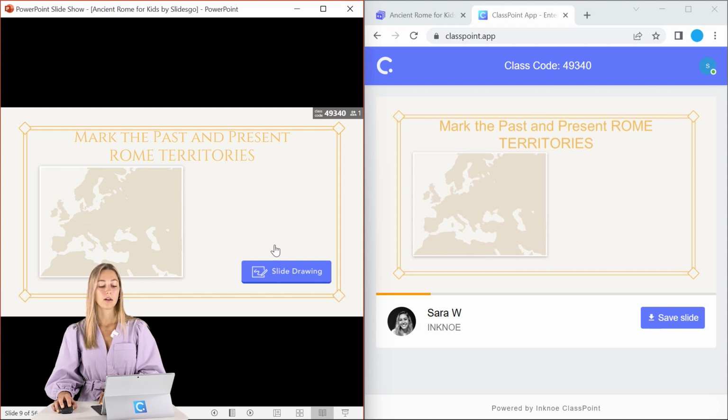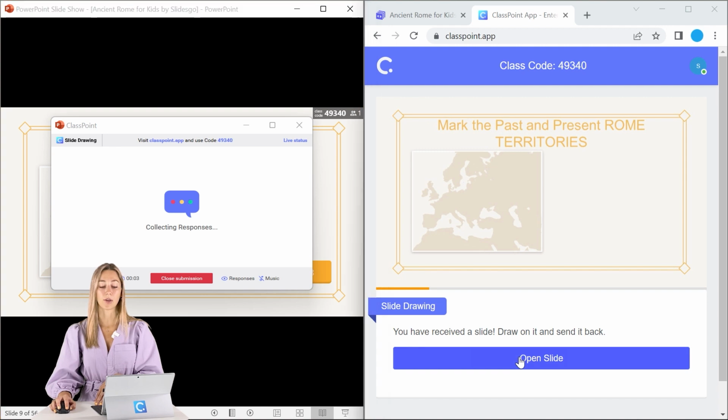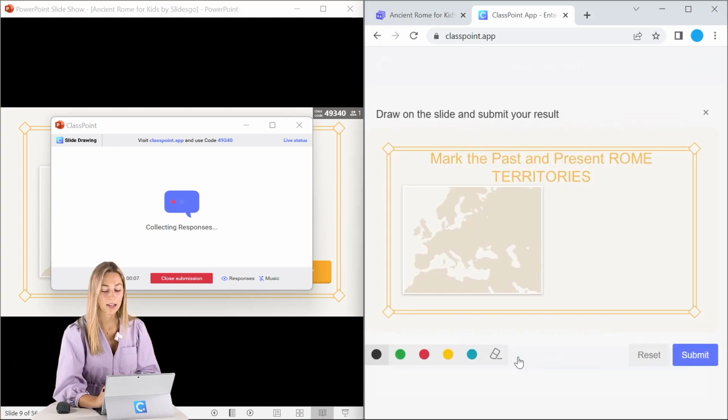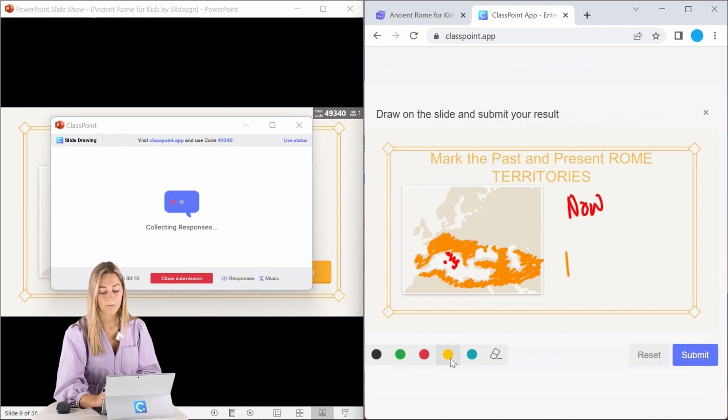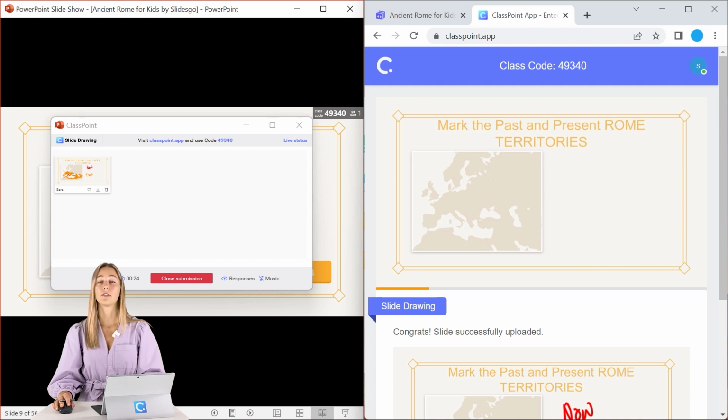So once the interactive button is clicked, students will receive that on their side. So we can go ahead, open up the slide and answer that question. So I have a pen here. And let's just quickly mark some of these. We can say that this is for now. Perfect. And then when everything is done, students can go ahead, click submit, and you will see the student submission